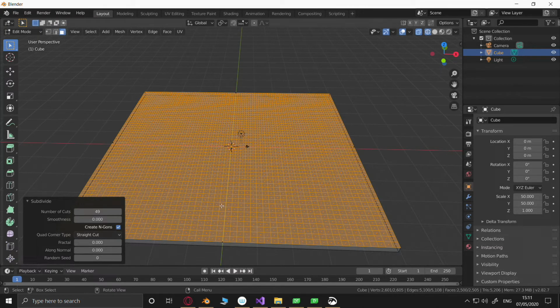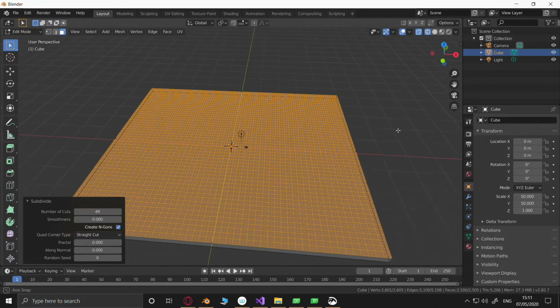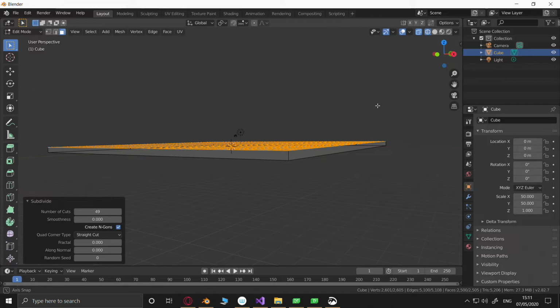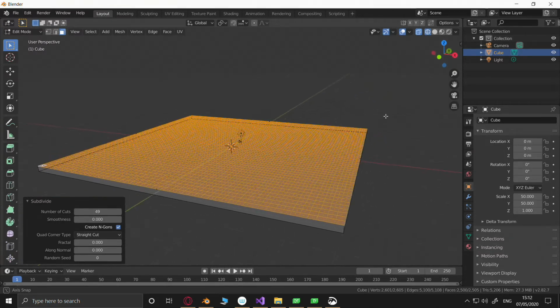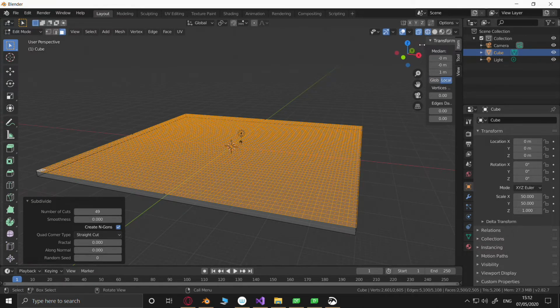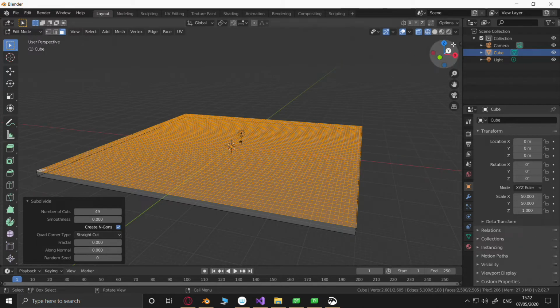That's 25 meters by 25 meters. So that, as you can see, has a lot more vertices than we originally had. Okay. There's a little thingy here. Okay. Let's not do that.